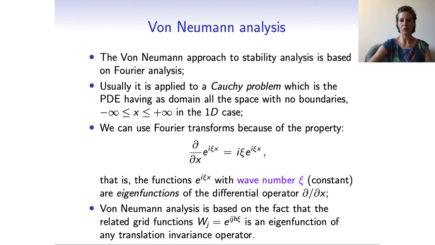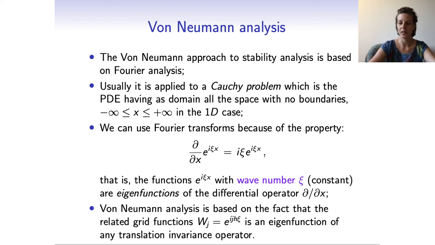So let's start to talk about the von Neumann analysis. For stability, it is another approach to show the stability of the method for partial differential equations. In the past approach, what we did was to transform the partial differential equation using the method of lines into an ODE system, and by knowing the properties for the eigenvalues for the matrix of this system, we